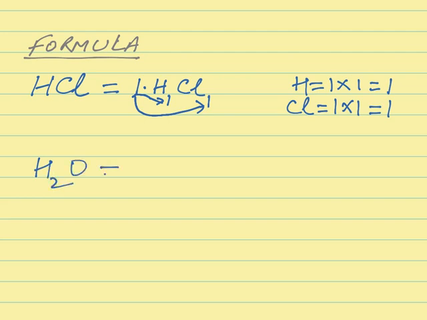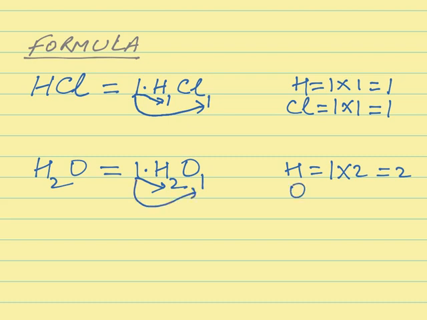Again, going in a similar manner, we will write it like this: 1 into H2 and O1. So now we will multiply them once again to count the number of atoms of each element. First we will count the number of hydrogen atoms. So we will multiply this 1 by this 2, and the hydrogen atoms come out to be 1 into 2 is 2. Likewise, the number of oxygen atoms will be